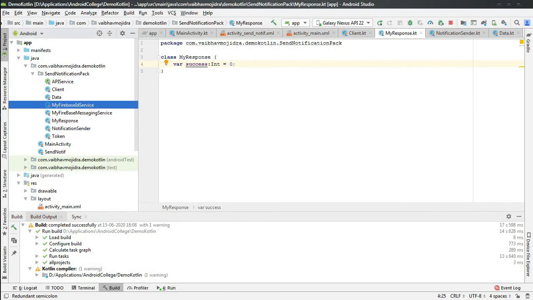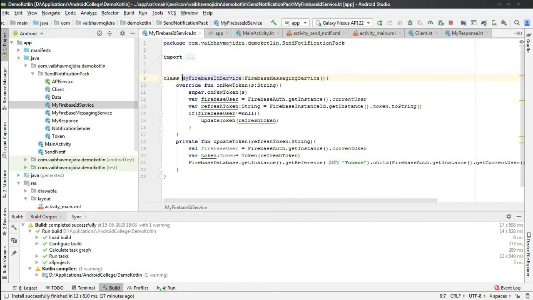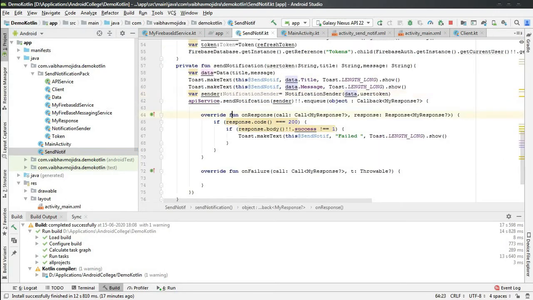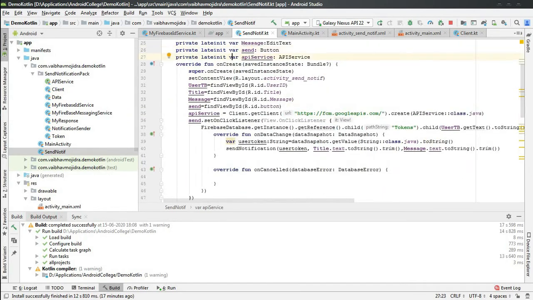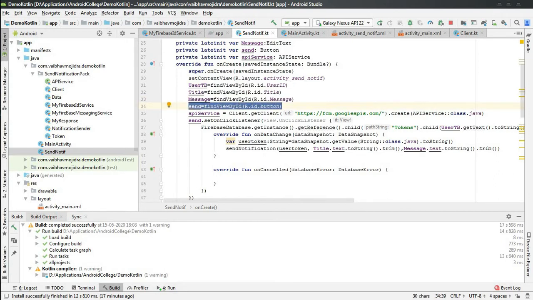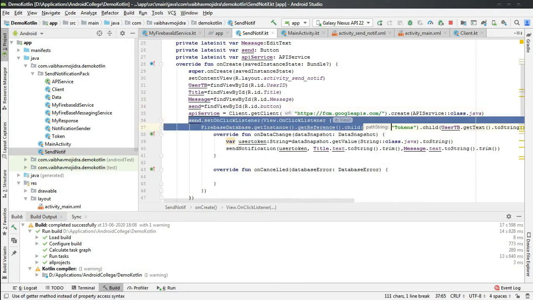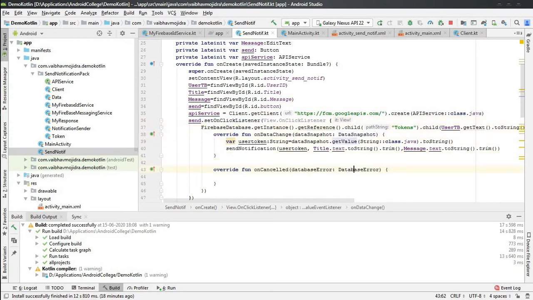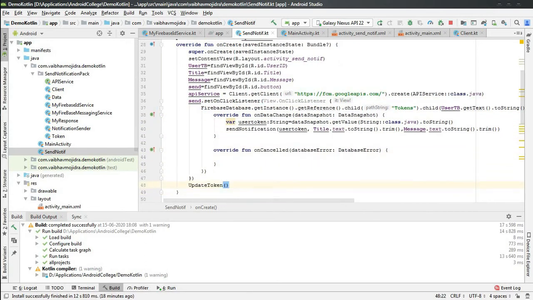Now after that we have seen this, and now this is my response. I will show this response later. Now, Firebase ID, what is this? For that I will show you this part. For sending notification, I have kept three parts. I have shown you earlier that there were three text boxes, or basically three edit texts, and these are those three edit texts. I'm taking them.